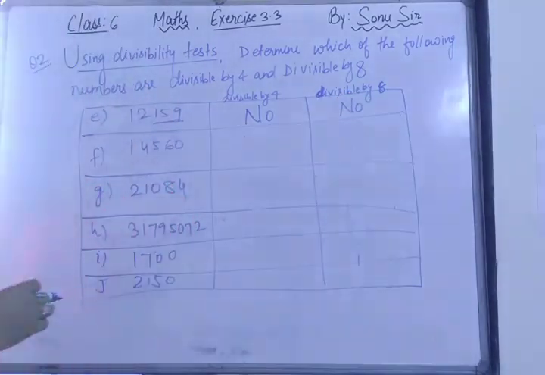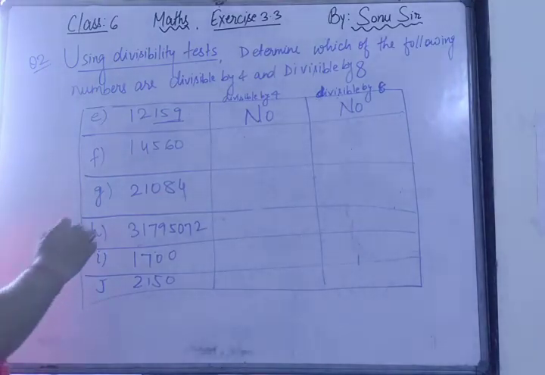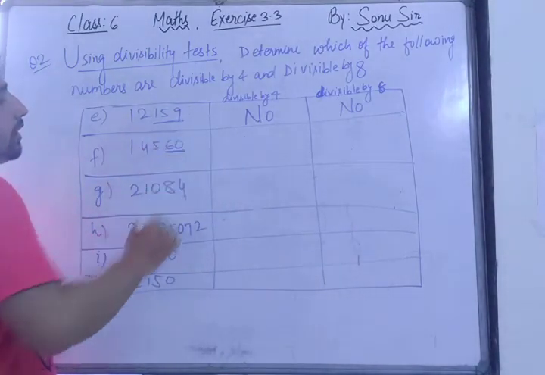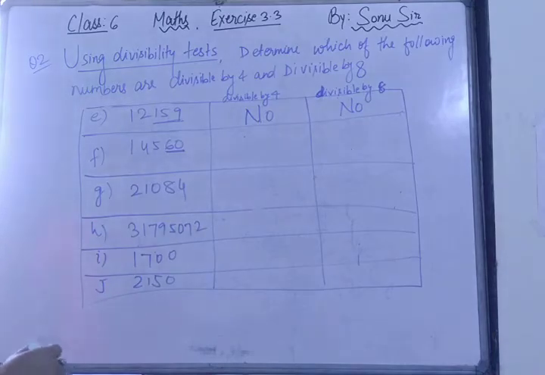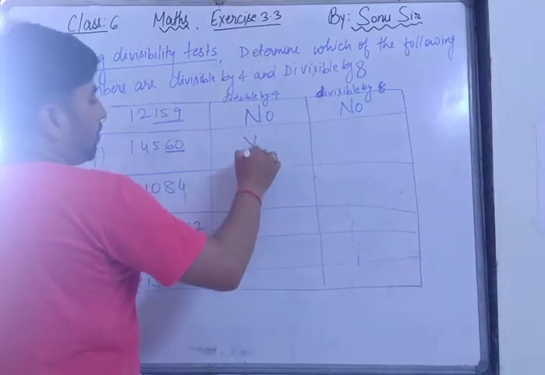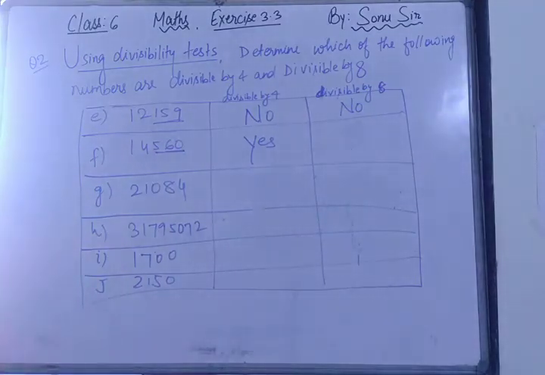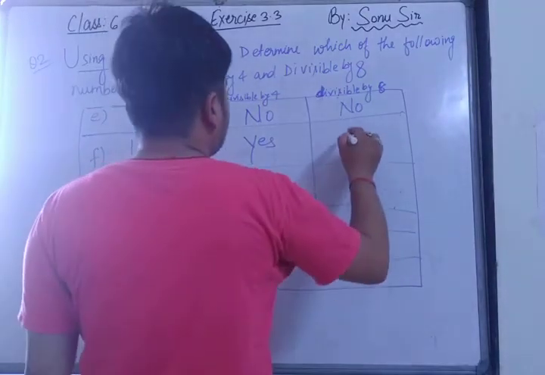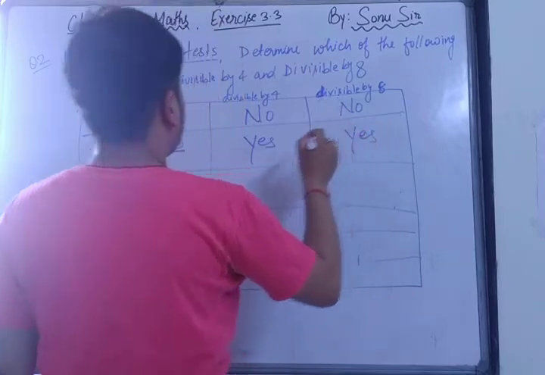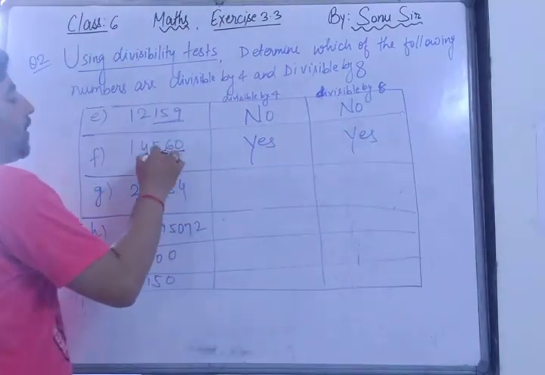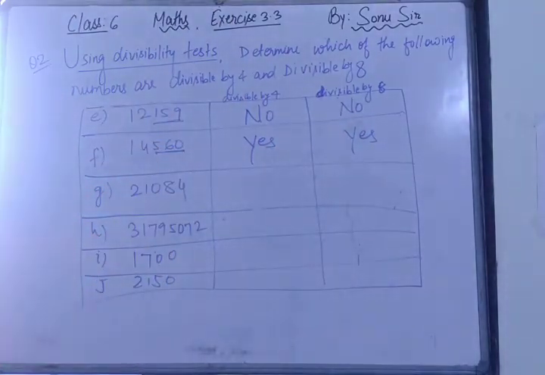So we have seen how you can say whether the number is divisible. Last 2 digits, 15 4s are 60. So definitely this number is divisible by 4. But what about 8? 560. 8 6s are 48. 8 7s are 56. Yes? So here you can say this number is divisible by 8. Why? 8 7s are 56, 8 70s are 560. Got it? So this number is divisible by 8 also.